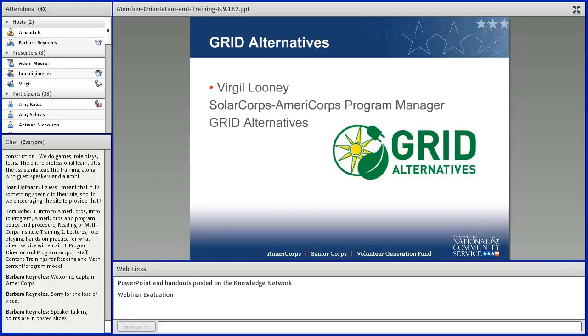And then another activity that we always do during our member orientation is a commitment activity. We normally do this on the last day, and everyone writes down a couple of different commitments they have for their year of service, and then we spread them out on tables around the room, and then everyone goes around and picks a commitment that another person wrote and that resonates with them,